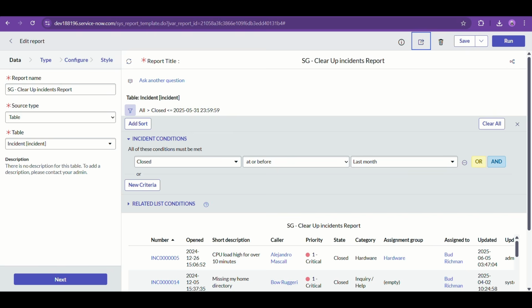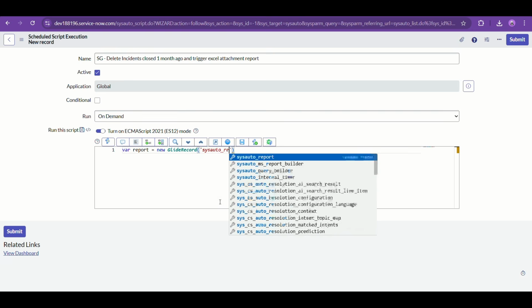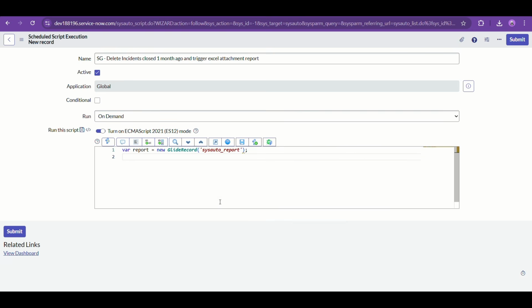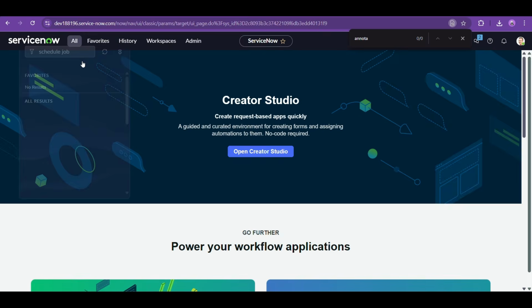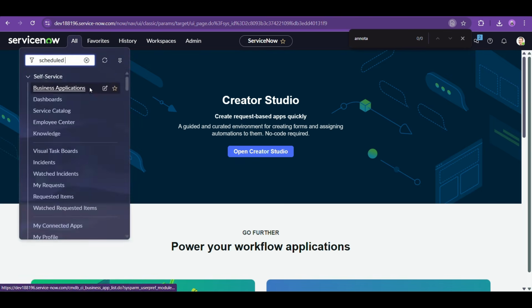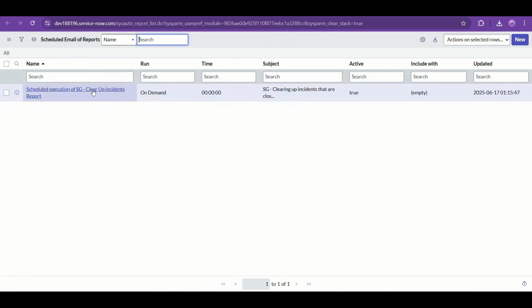So you have to take it up from the scheduled email report table, which is this. This is the table name, and then report.get. So I will just get that scheduled email report. Let's check the sys_id of the scheduled report we just did.